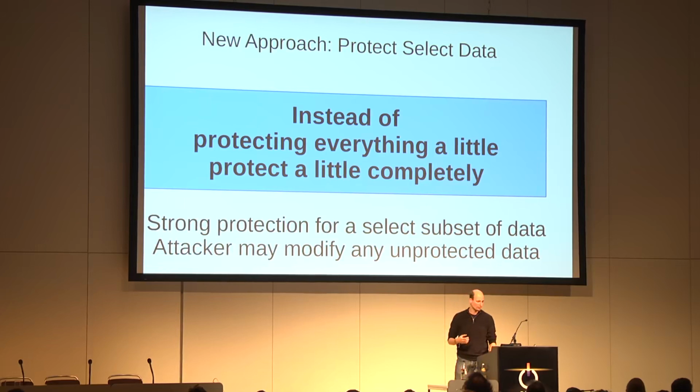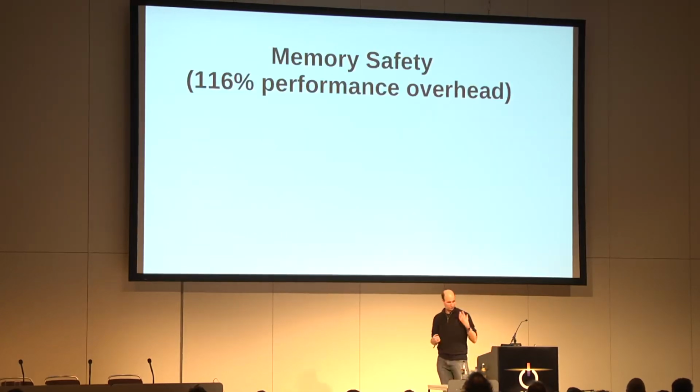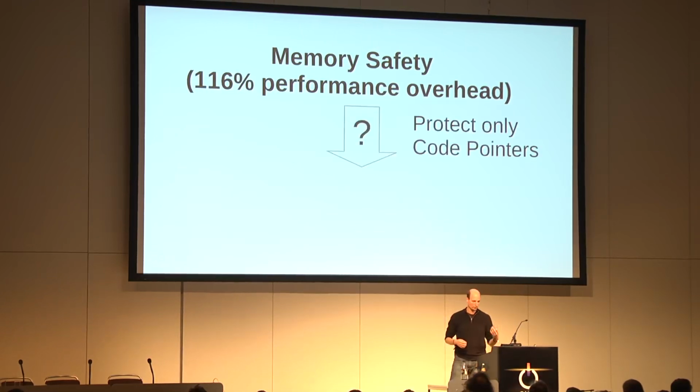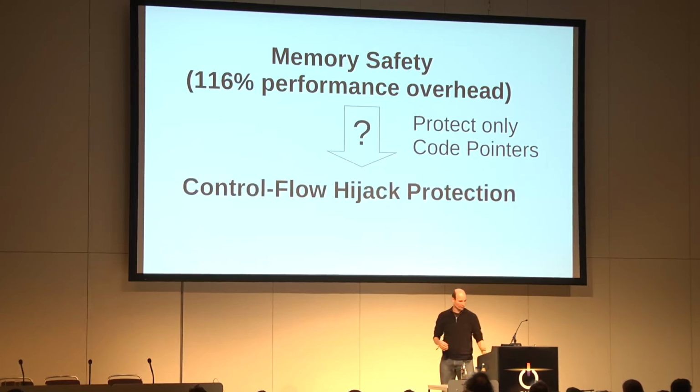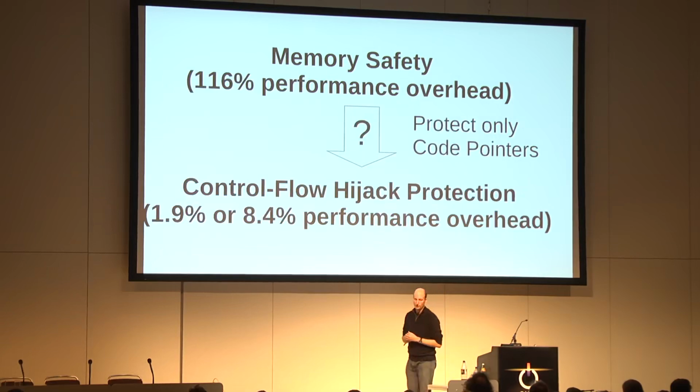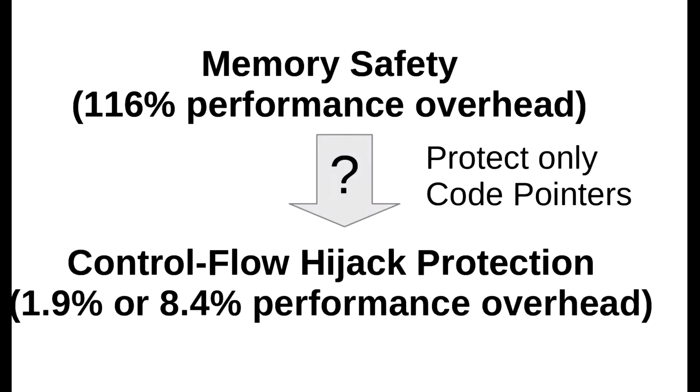And just to give you a peek preview, we change the overhead numbers from complete memory safety, which faces 120% overhead, to as low as only 2 to 8% overhead if we protect only code pointers. So we focus our protection on code pointers and enforce strong memory safety for code pointers. So anything that is used in a control flow decision at one point in time, through an indirect jump, through an indirect call, or anything like that, will be protected by our defense mechanism.